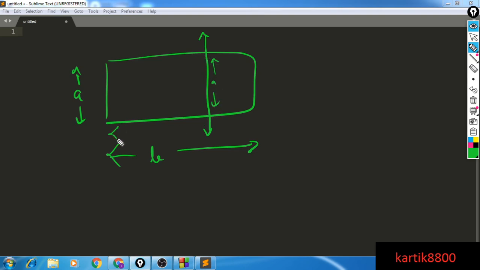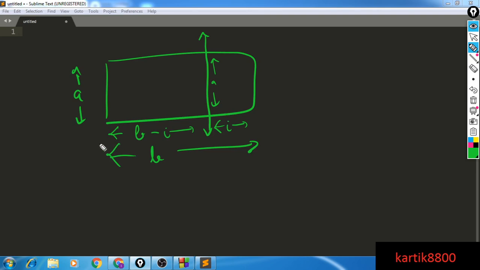All I want to make sure is that with the vertical cut, I end up with a portion B minus I here and a portion I here. Both these must be integers. That is given in the question, that after the cut you should have integer lengths and breadths. So basically I could be 1, it could be 2, and I could be B minus 1 also. So these are the only possibilities of making a cut if I am making this vertical cut. So for a vertical cut I have B minus 1 options, and of course I'm going to try them all. Among all, whichever is the best, I will choose that.